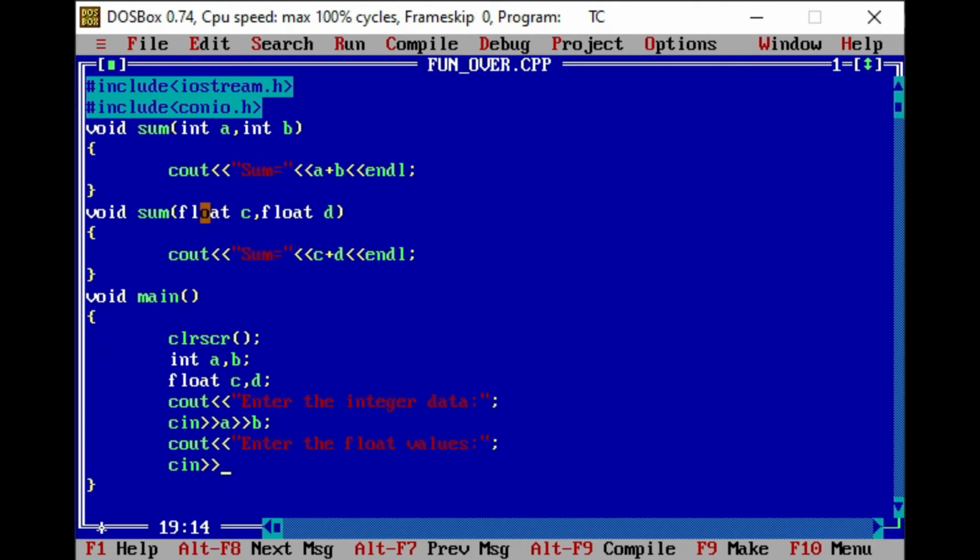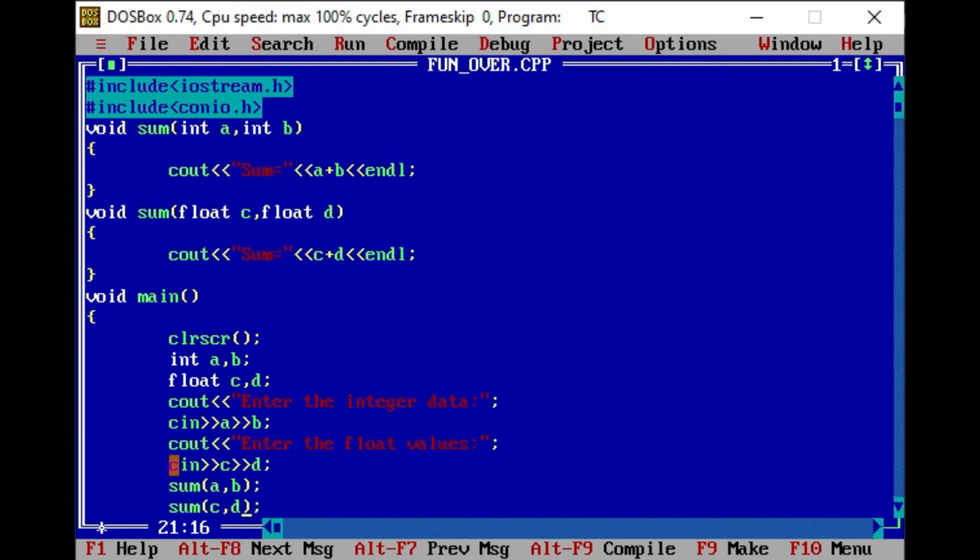So I'll write c, extraction operator, and d. Now we will call the function. First of all I'm writing sum, and in the brackets I'm going to pass the integer data. And in the next statement, again I am going to call the sum function, but I am going to pass the float variables.